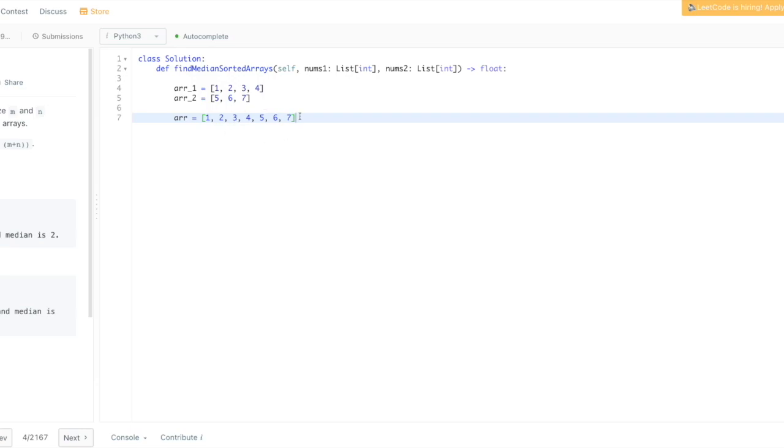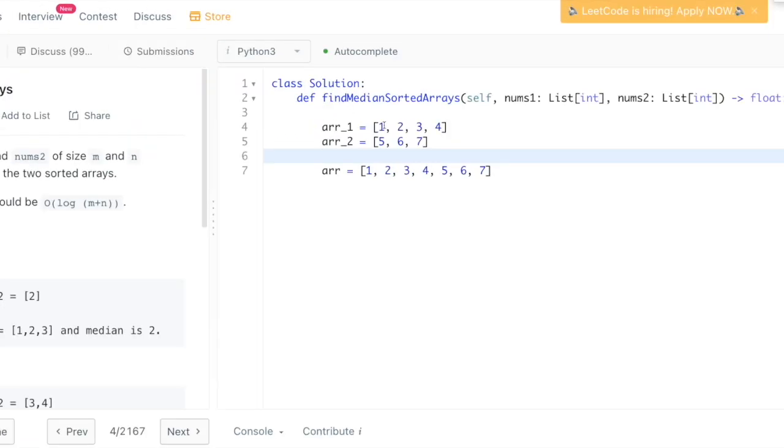So for example, right? In this first array we have 1, 2, 3, and 4, and 5, 6, and 7 in the second array. If we join those two arrays, we get this new array. If we look through this, it's very easy to find the median. That would be 4 because there's 3 on this side, there's 3 on the other side, then the middle